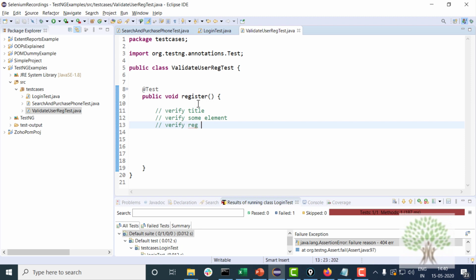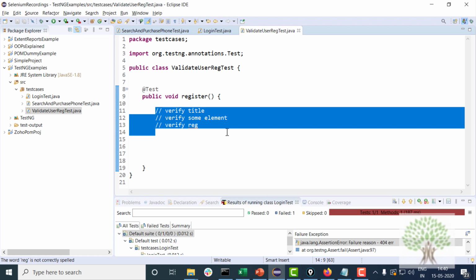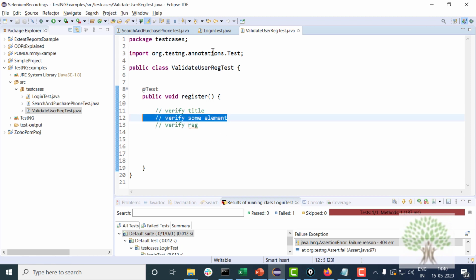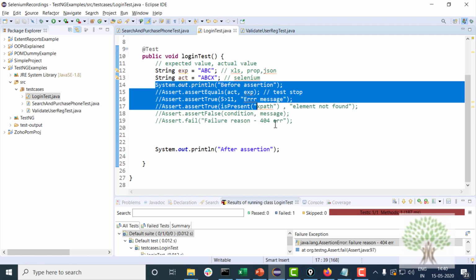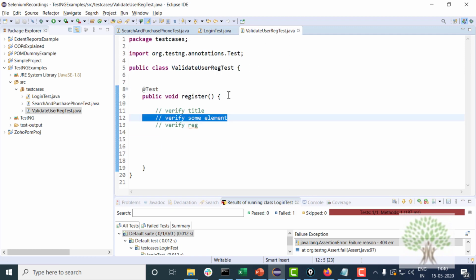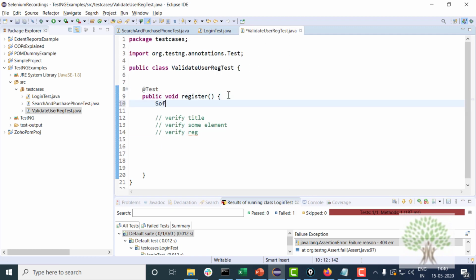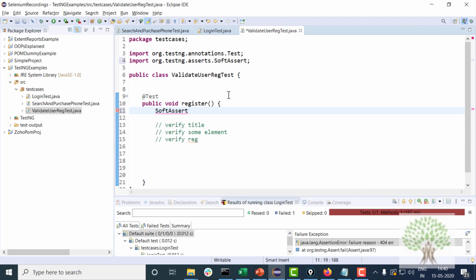You want to continue with the flow and you don't want to stop in between, so obviously you will not be able to use these assertions over here. For that we use the soft assert class. You create the object of this particular class, and you use this to validate everything.